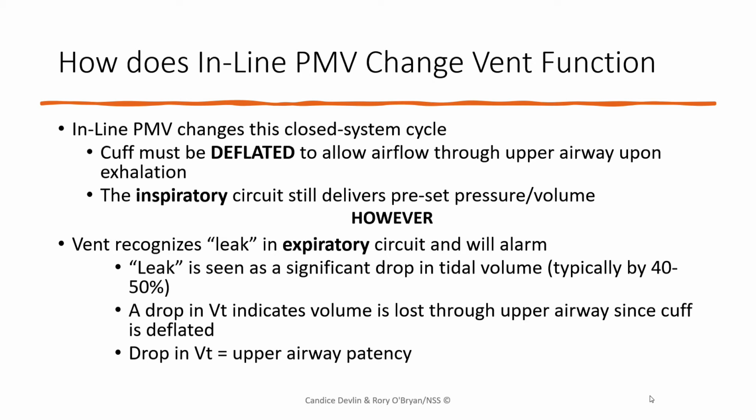So with the cuff deflated, airflow is exhaled through the upper airway upon that exhalation. However, the inspiratory circuit still delivers the preset pressure or volume that the vent is set to do. However, the vent recognizes that there is a leak in the system because we deflated the cuff, and it's going to alarm. The leak is seen as a significant drop in tidal volume. So when that cuff is deflated, the tidal volume is going to tank, hopefully. We want to see a loss of tidal volume